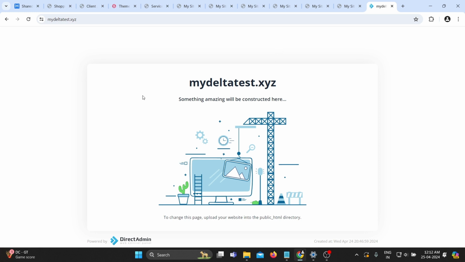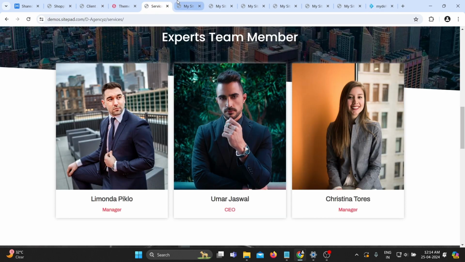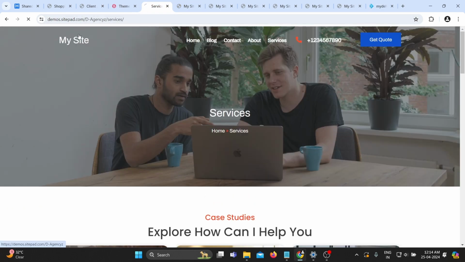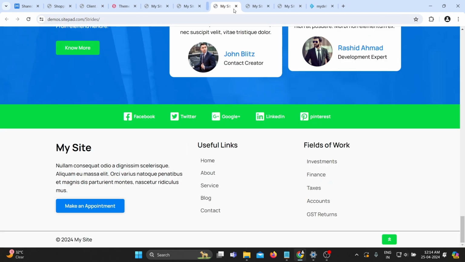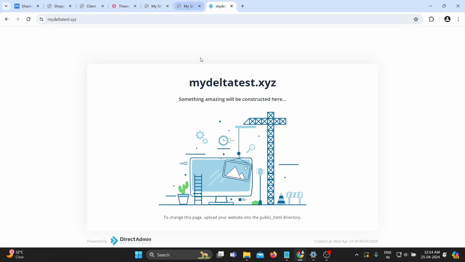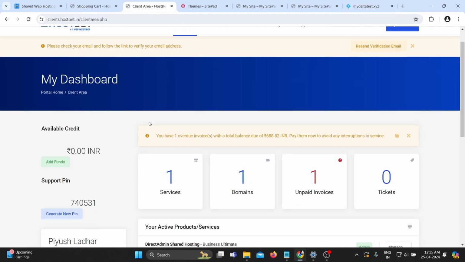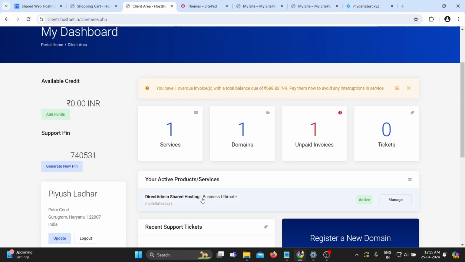Now let's proceed with website creation. First I will close all these tabs and keep only the agency's website and the other website. Okay, now let's proceed with website creation. So I will go to my client area. After that, you will be able to see your hosting service here. Click on your hosting service,